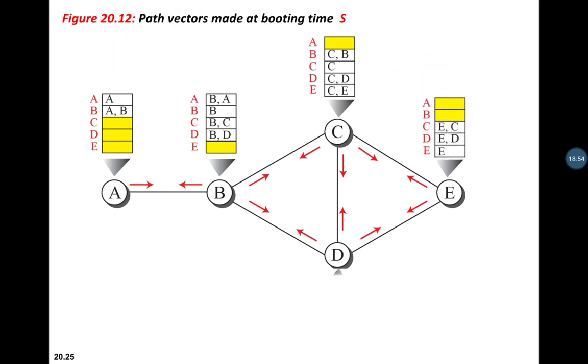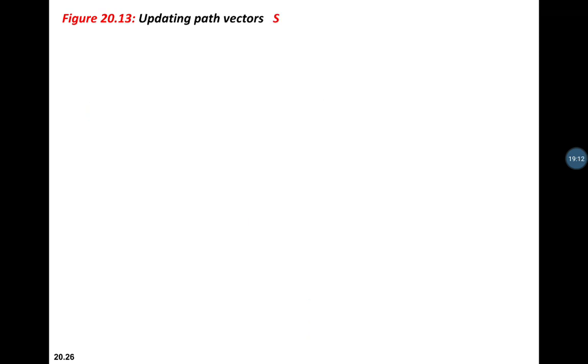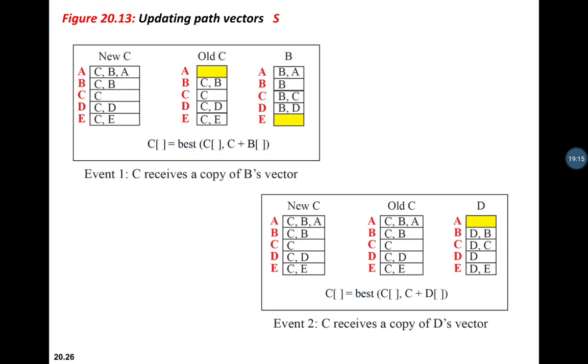In the path vectors, the paths will be updated and transferred between the immediate neighbors. And in case there is no direct path, using the intermediate node, the path will be updated, which you can see in the example here. So here, to reach from C to A, there is no direct path, but using B, a path can be created from C to A, that is from C to B, then B to A.